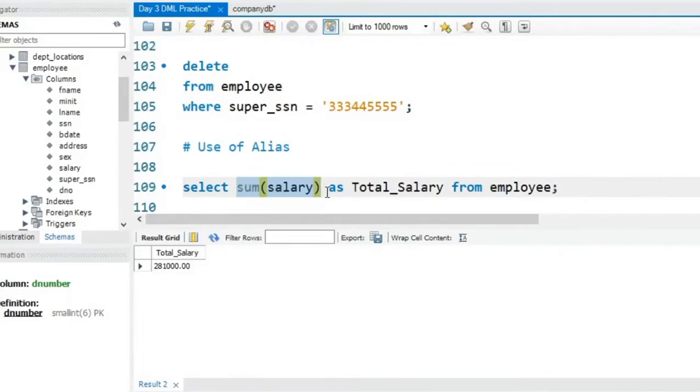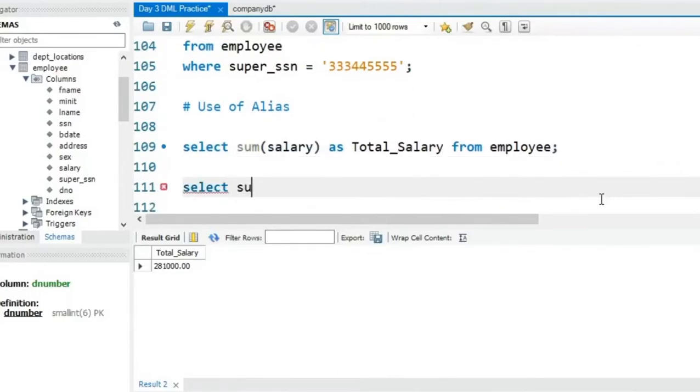You can think of it like a nickname, wherein you have performed an operation and selected a column, and now you want to give a new name to that column, and you can assign that name with the help of an alias. For example, let me write another query. Here I'm going to select sum of salary, and let's say department number from my employee table,